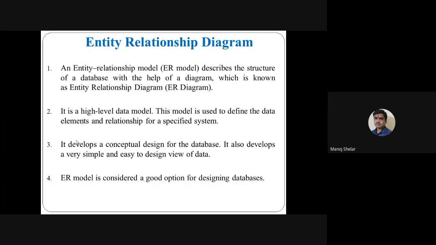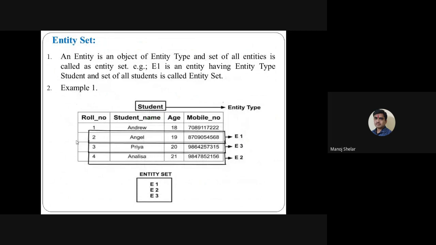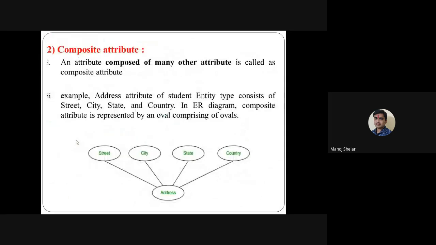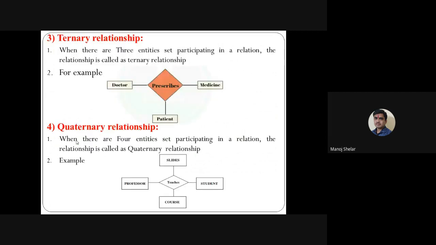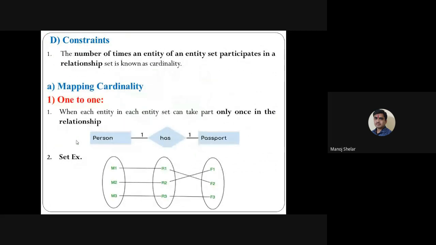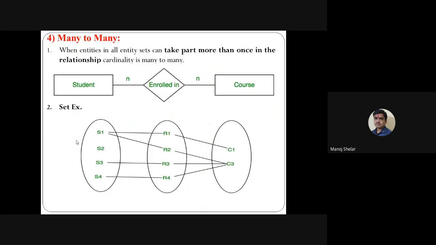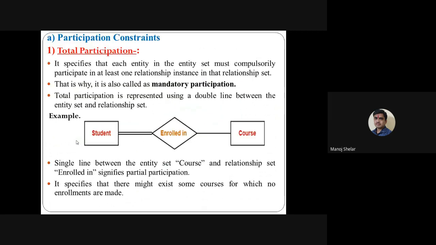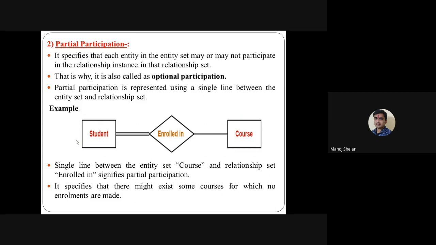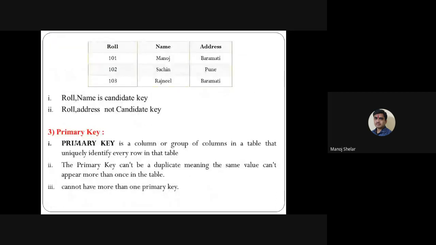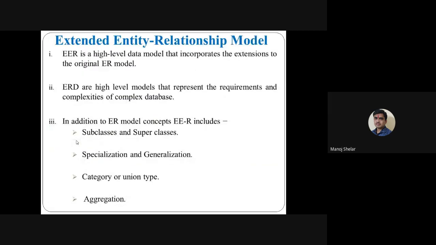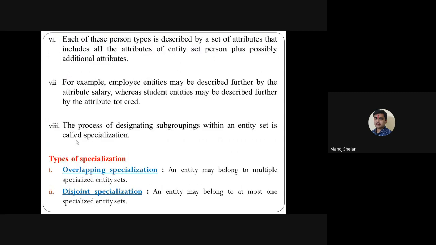ER model, relational algebra, entity diagram, then components, entity set, attributes, types of attributes, composite attributes, multi-valued and derived attributes, relationship set, unary, binary, ternary, quaternary, constraints, one to many, many to one, many to many relationships, total participation, partial participation, key, super key, candidate key, primary key, then foreign key, extended ER diagram features, specialization, generalization, aggregation, specialization concept, then